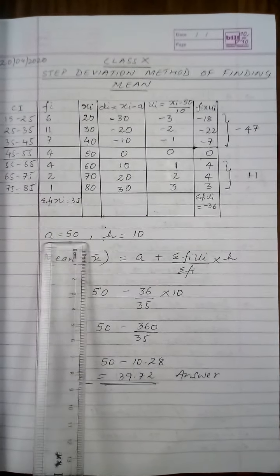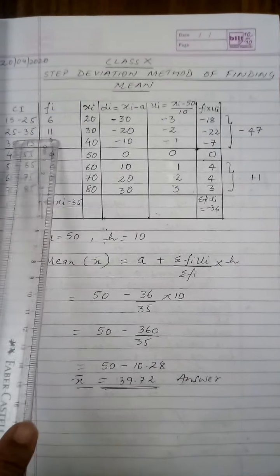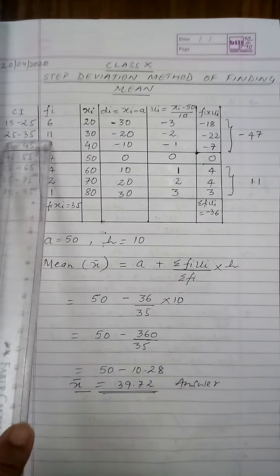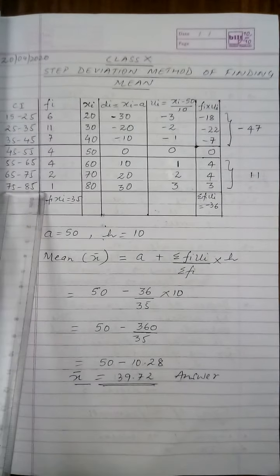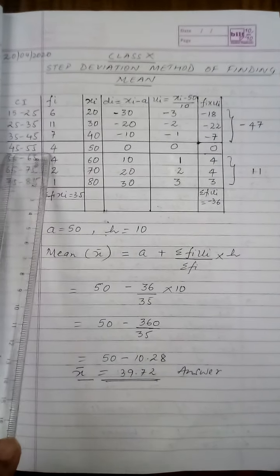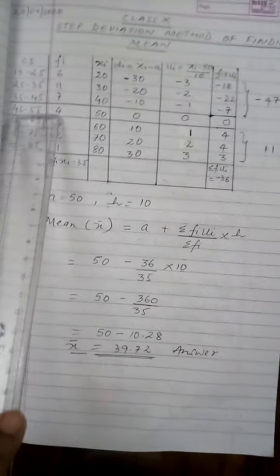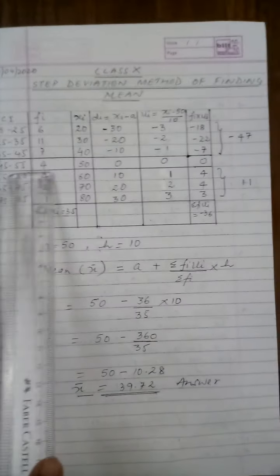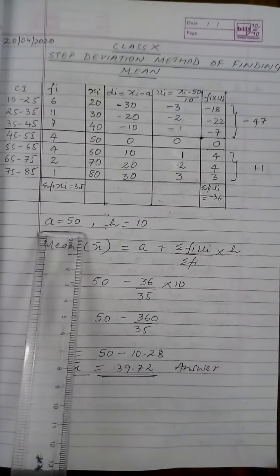Now, to find out A, I have already told you earlier that we will first count the number of class intervals given. So here we have 1, 2, 3, 4, 5, 6, 7. That is an odd number of class intervals. Out of these 7 class intervals, we choose the centermost class interval, that is 45 to 55. And here I have highlighted this class interval by 2 parallel lines. Now the value of Xi of this centermost class interval becomes the value of A, which is the assume mean